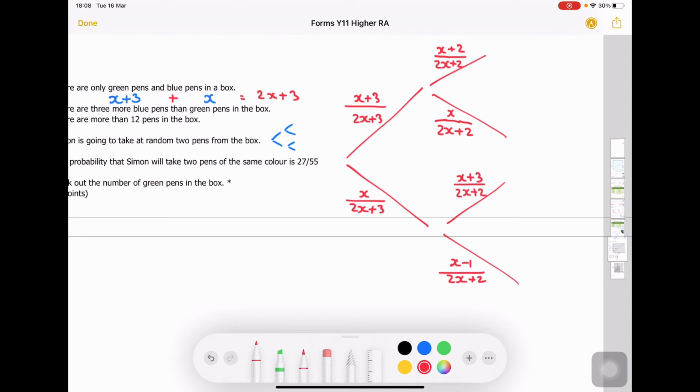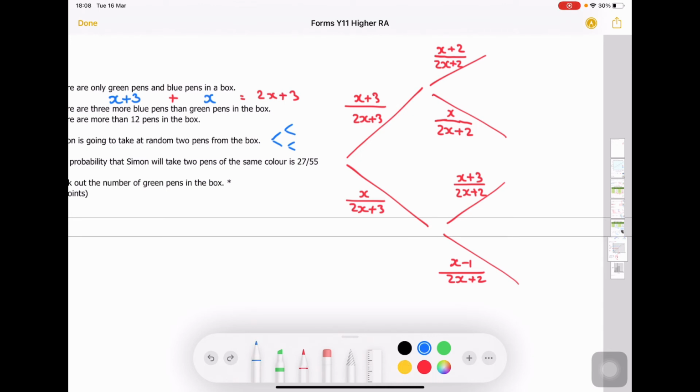And you could actually check your probabilities by adding these two, the answer should be 1, and adding these two together, the answer should be 1 as well. Okay, so